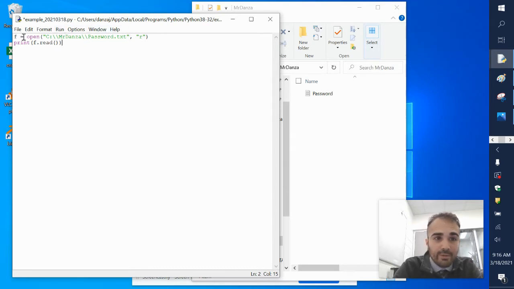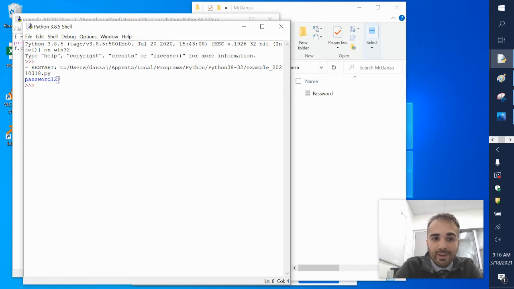So it's going to be f equals open. It opens the file up. It says I'm going to read it. I'm going to print out whatever the contents are inside of it. And then what I'm going to do is I'm going to make sure we close that file, right? So at the very end, I'll say f dot close, just to make sure we've closed the file. It's not still open. So if I run this,